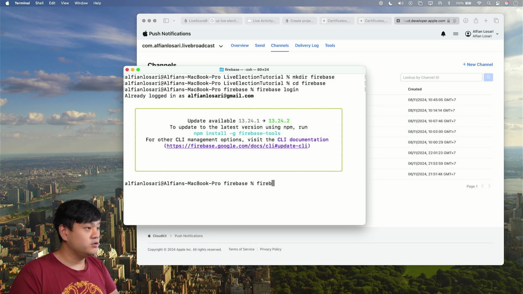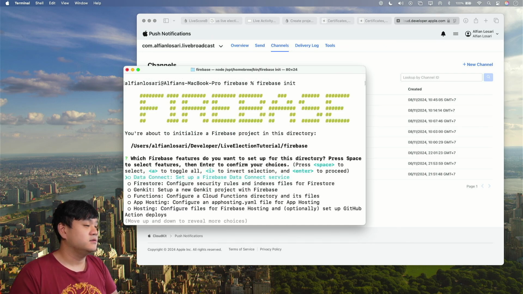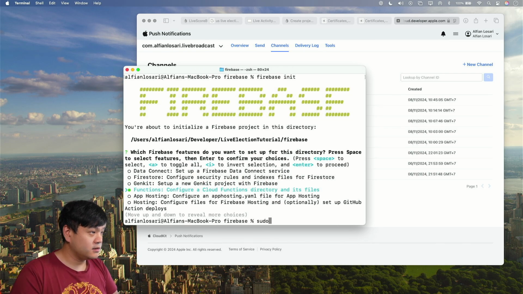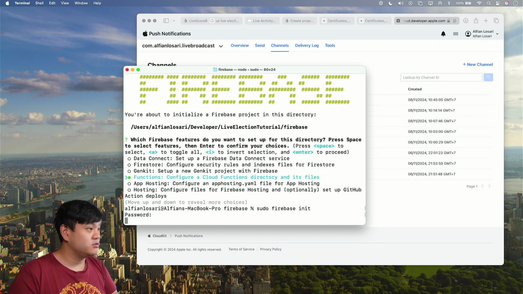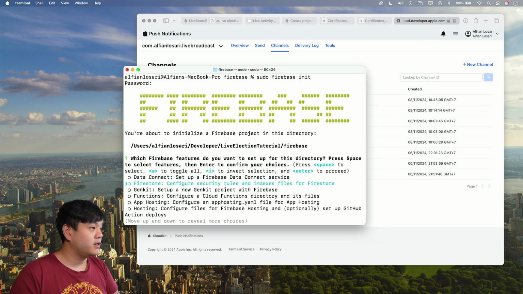After that, you need to init Firebase in this directory and associate it with the project. Type firebase init. For this, I'm only going to use Firebase Functions. I think it's best to use sudo for this because it needs to download several dependencies, to avoid permission errors. Select Functions